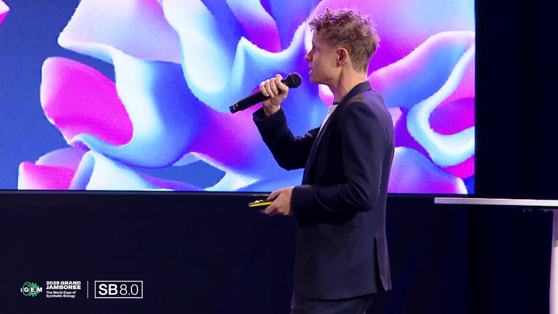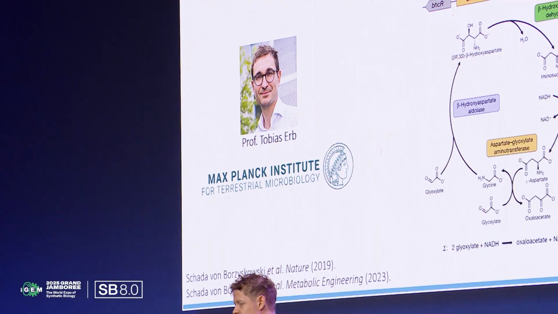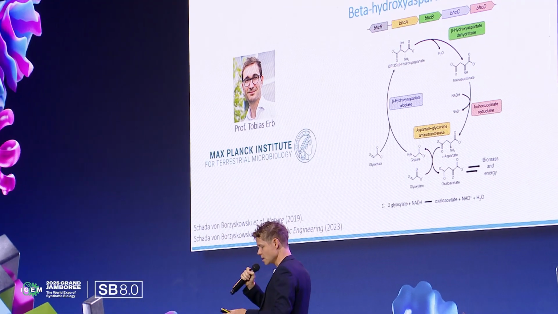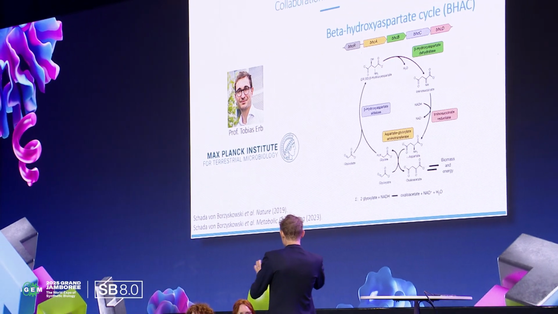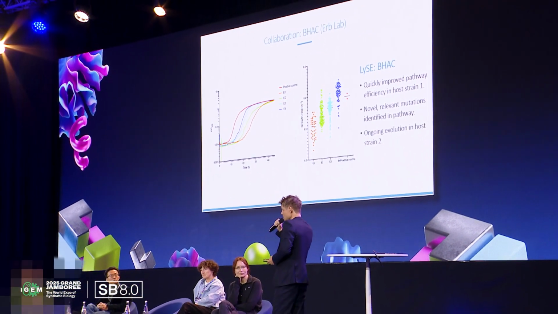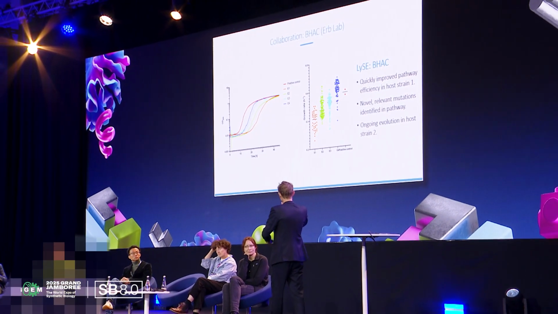So they came up with this. It's not a synthetic pathway, it's just a very recently described pathway that is only consisting of 5 enzymes that are turning it through 4 different intermediates. No carbon loss, very little energy usage along the way. And when they start using our method to evolve this pathway, we see a fantastic improvement over very, very few cycles. And we also see you can evolve this in one host that is particularly good for the topic. And when they have evolved to a certain level where things are getting better, you can move it to another strain very easily and start continuing there. So you have this mobility between strains that are fitting your purpose.